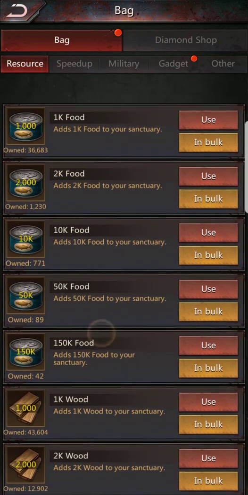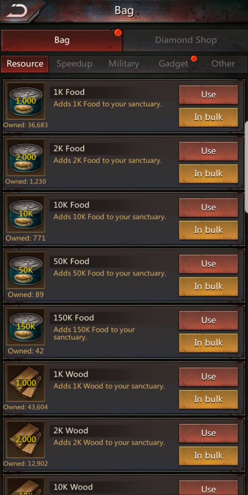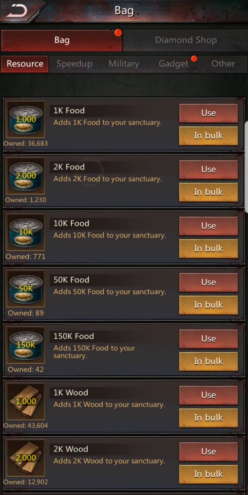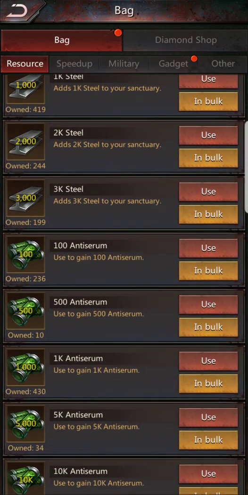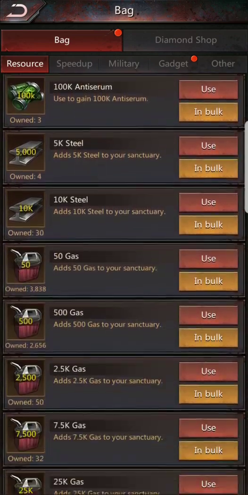So if you go into your resource bag, now this is your bag. Your resources in your bag are 100% protected. You can think of these as not existing anywhere in the game except as a reserve. So what that means is someone raiding you will never be able to take anything out of your bag. So you can see I have plenty of items in my bag, sometimes hundreds if not thousands of items, and